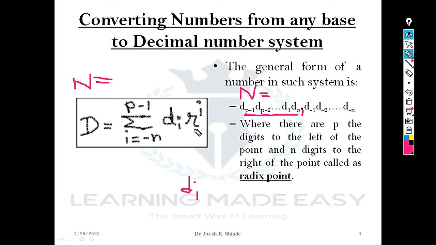If we are converting a binary number to a decimal number, then the value of r will be equal to 2. If we are converting an octal number to a decimal number, then the value of r will be equal to 8. The remaining formula will be the same as it is. Moving further,